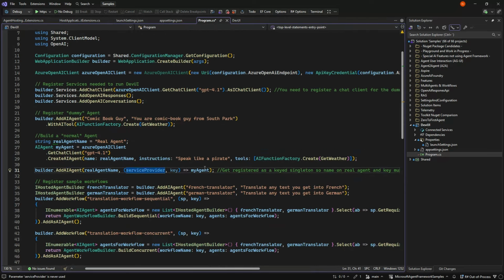In my case, I don't need anything extra, and I don't need the key to set it up. So I'm just adding my agent here and giving it the same name both places, else it wouldn't work.